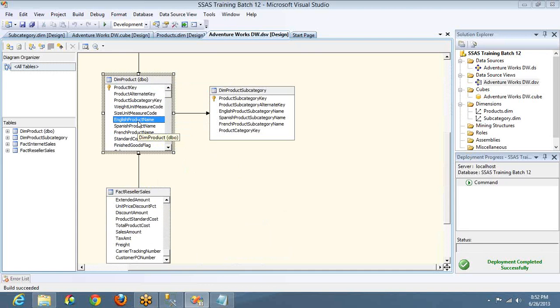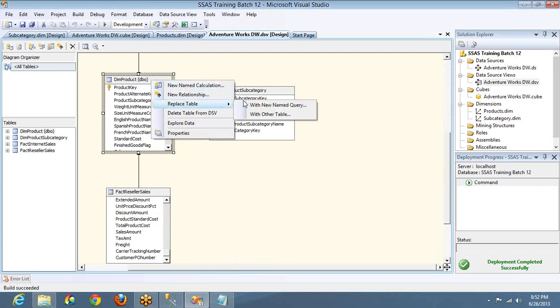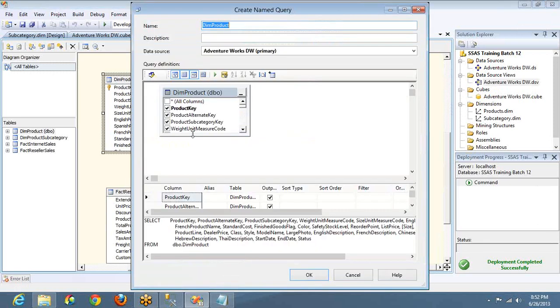How can I do that? Can anyone tell me how I can remove this? That's an awesome answer, Kranti. So convert it into a named query. It will be converted to a named query, and delete or uncheck the English product name.